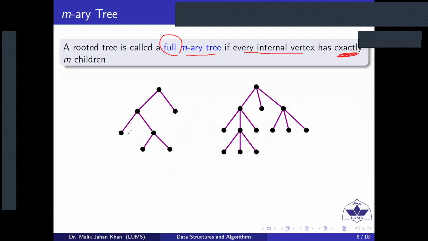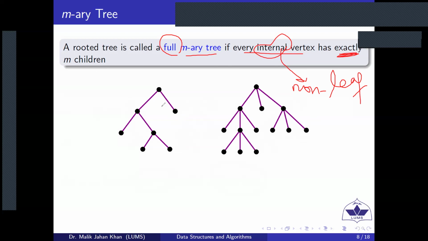So now if you look at this tree, when you say every internal vertex, we are talking about a vertex which is not a leaf vertex. So an internal vertex is a non-leaf vertex, and leaf vertices are the vertices which do not have any child nodes. All other non-leaf vertices are called internal vertices. So we are imposing a relatively strict condition that we are talking about a tree whose every internal vertex has